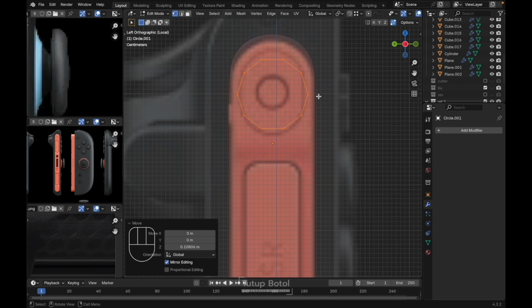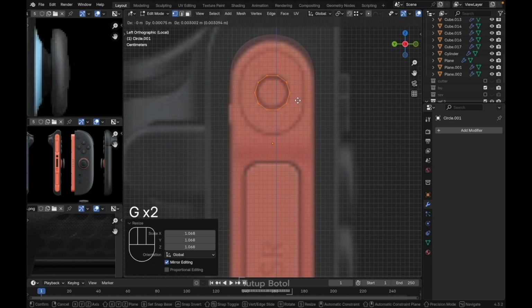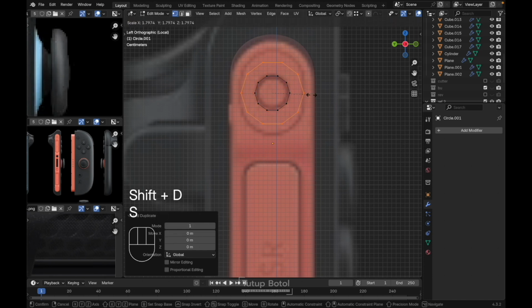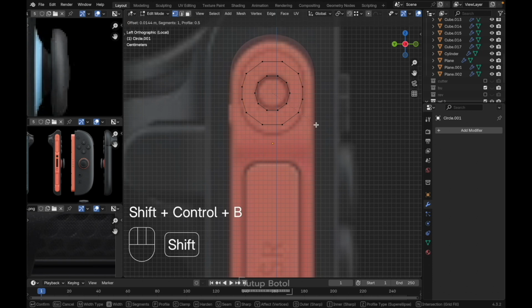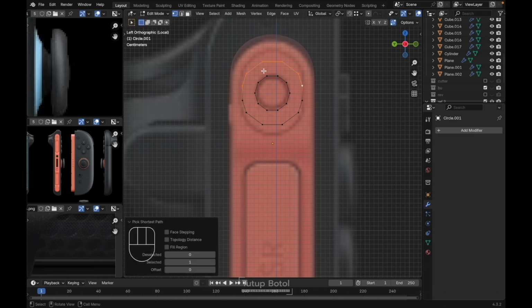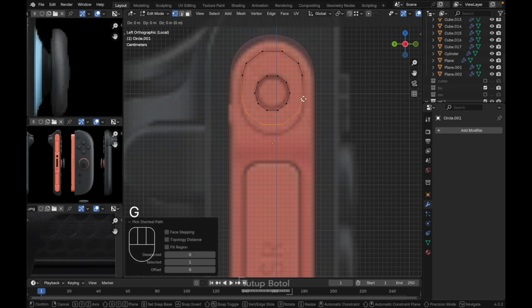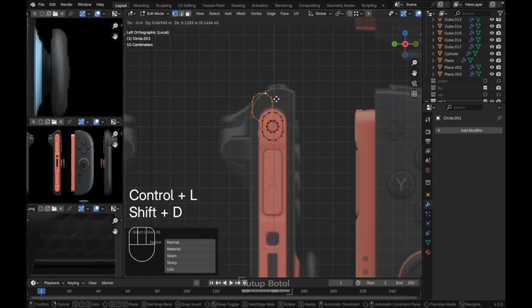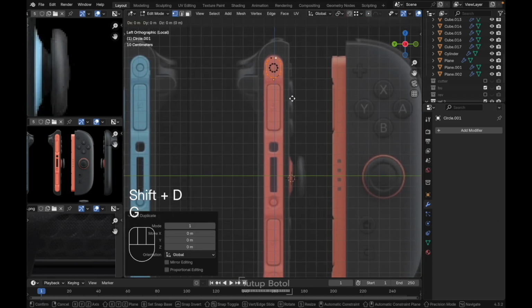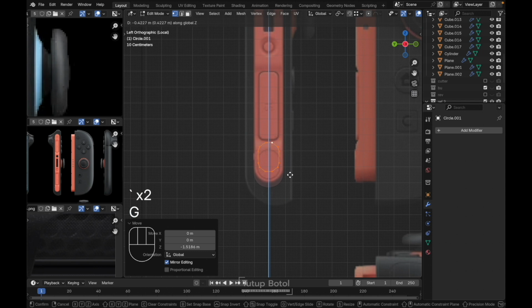We're just gonna do some knife project here. S to scale it, put it here, Shift D, duplicate it, S to scale it again. Select these two vertices, press Shift Ctrl B, bevel it like this. Then select all of this, G, Z, put it up here, do the same down here. Just like this. Let's copy these vertices, Shift D, duplicate it, then GZ, move it way down here,